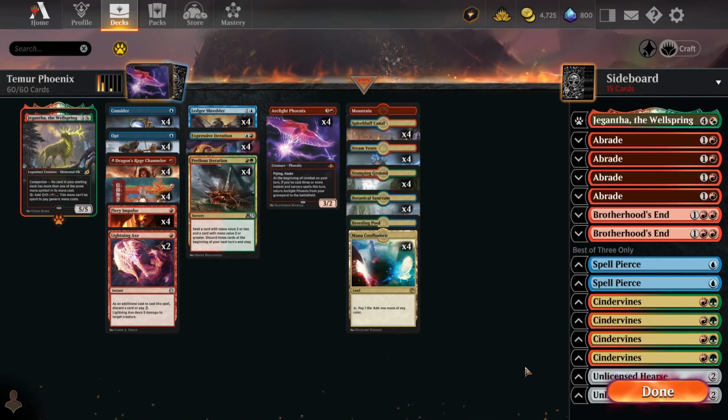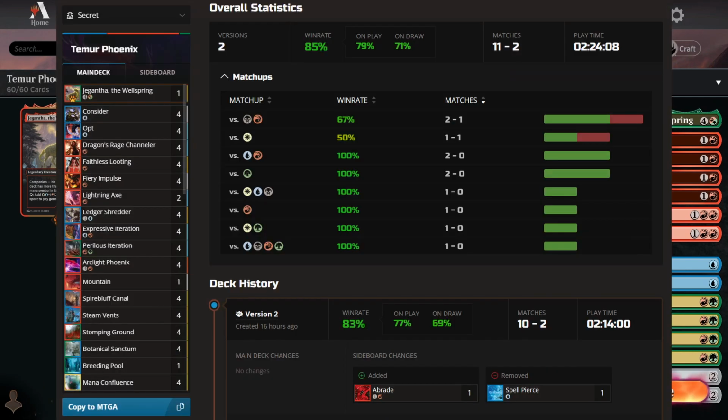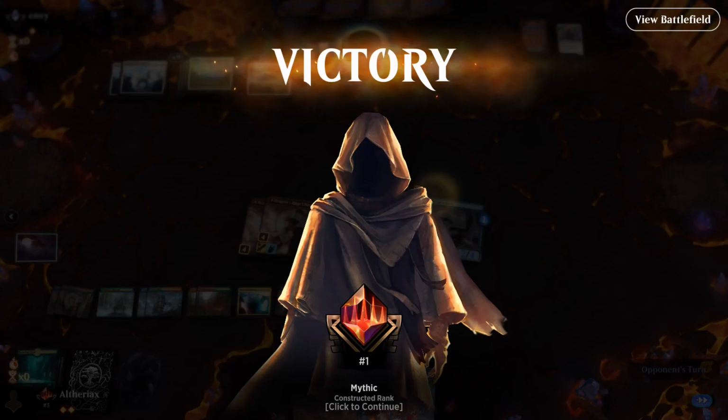And in this episode I'm going to be going over Temur Phoenix in Historic, and I've been doing pretty well with this deck. When I first started playing this deck, I went 11-2 and actually managed to hit rank 1 on the ladder with it, so I was kind of tempted to just do a regular deck guide on this as I normally do,